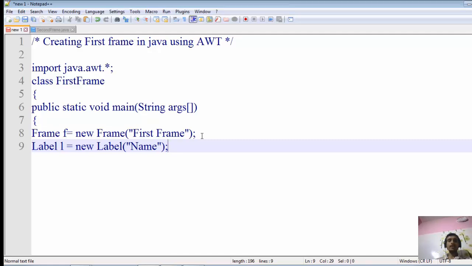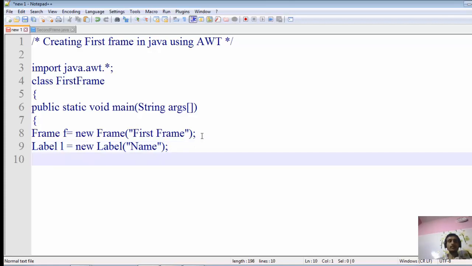So the label will tell what the label of this particular entity is, and the text field will give the entity that contains the text. Basically these are the components that I am adding to my frame.